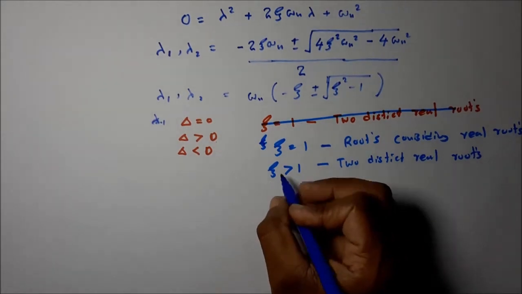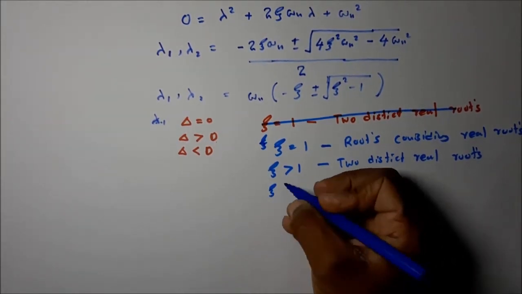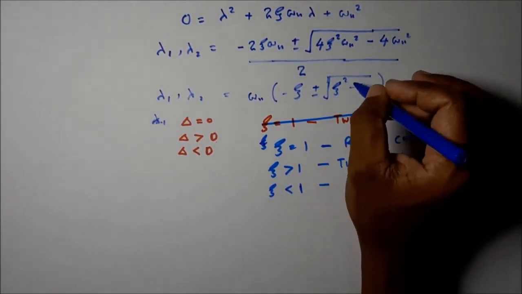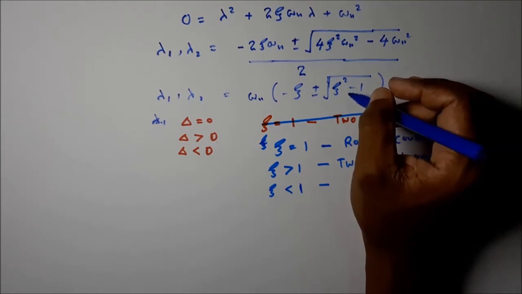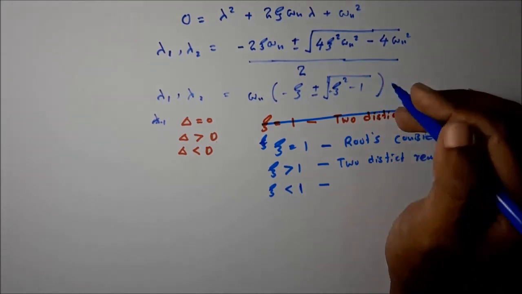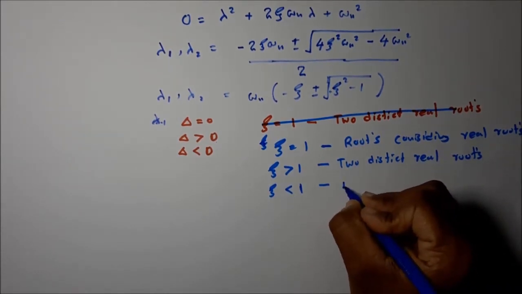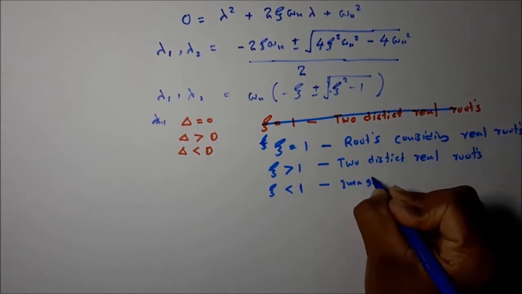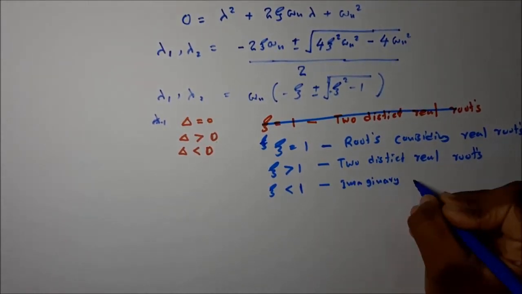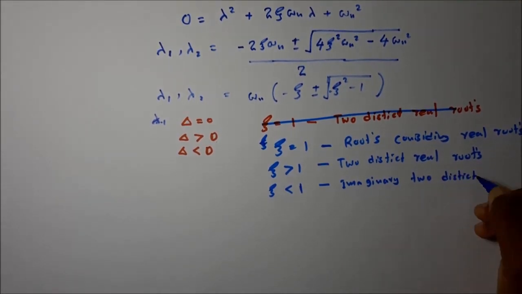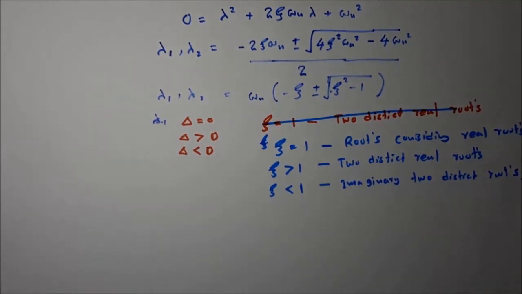Then what happened if theta is less than 1? If theta is less than 1, inside this square root we are having the negative. That means we are having the imaginary roots. Two imaginary roots. Then here you can see